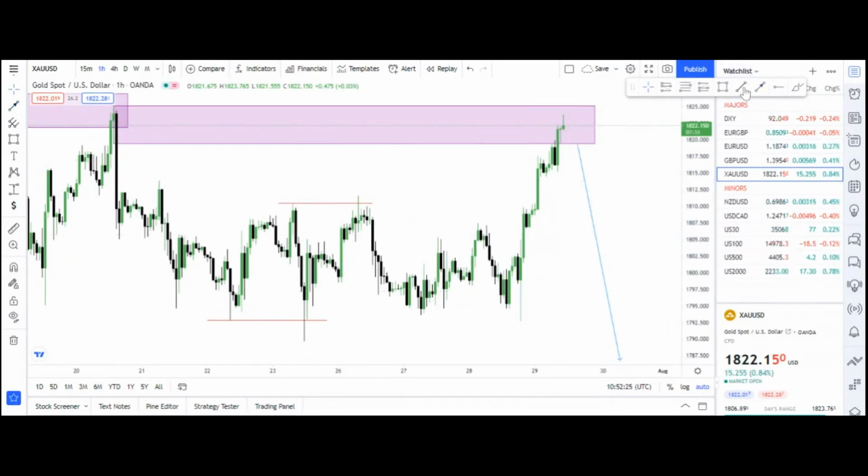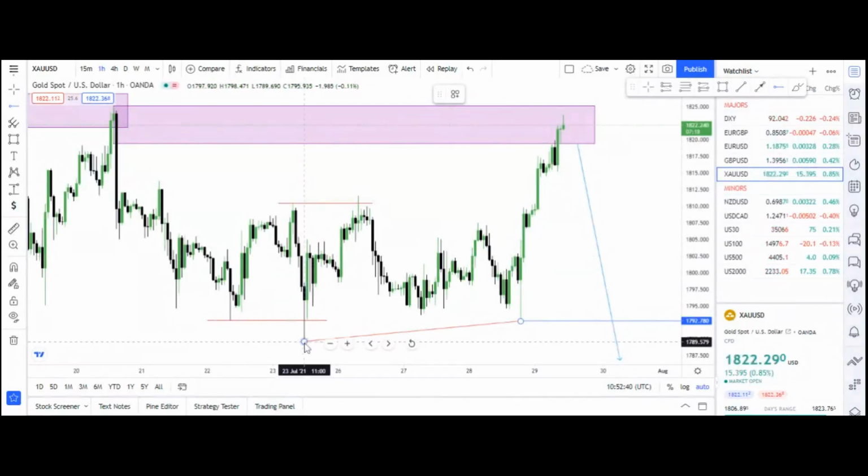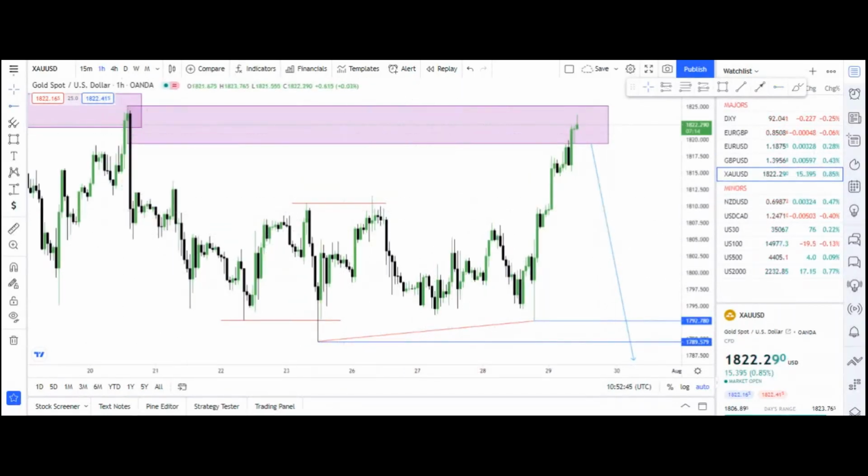gold. Now, I'm bearish on gold because number one, DXY is bullish short term, which is bearish for gold. Okay, that's why I'm bearish on gold. And this is old low, and this is old low. I know it's risky, yes, to trade against the trend, but you have to make money off it.